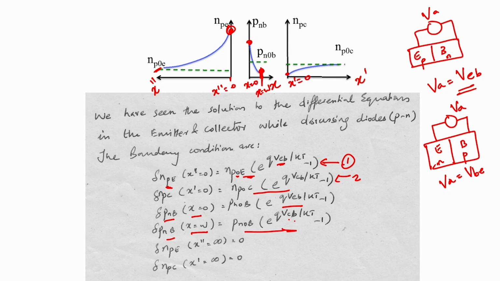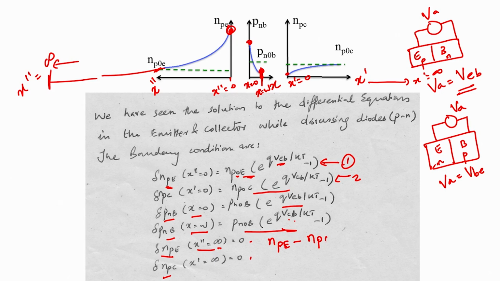Finally, what are the values very far off at x double dash equal to infinite? Okay, so that is x double dash equal to infinite asymptotically, and that is x dash equal to infinite. So, what are the values there? In the case of delta NPE at x double dash equal to infinite, it is 0, and delta NPC at x dash equal to 0. So, what this means is that if you look at NPE